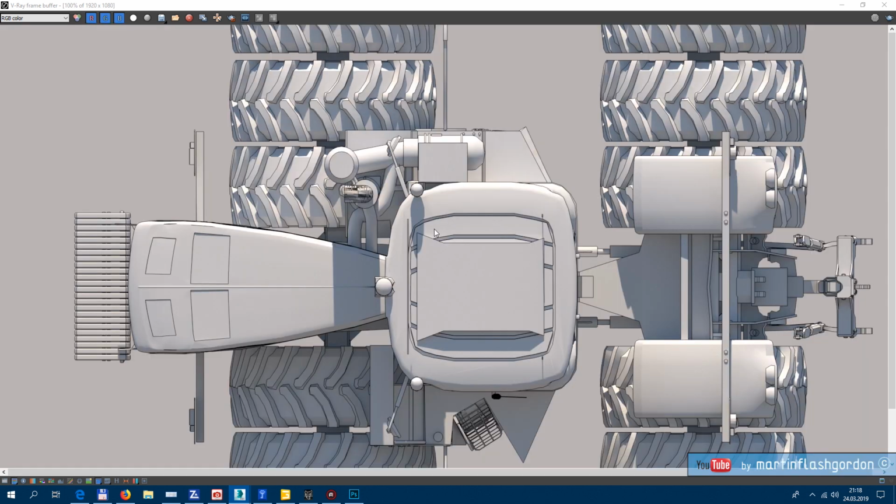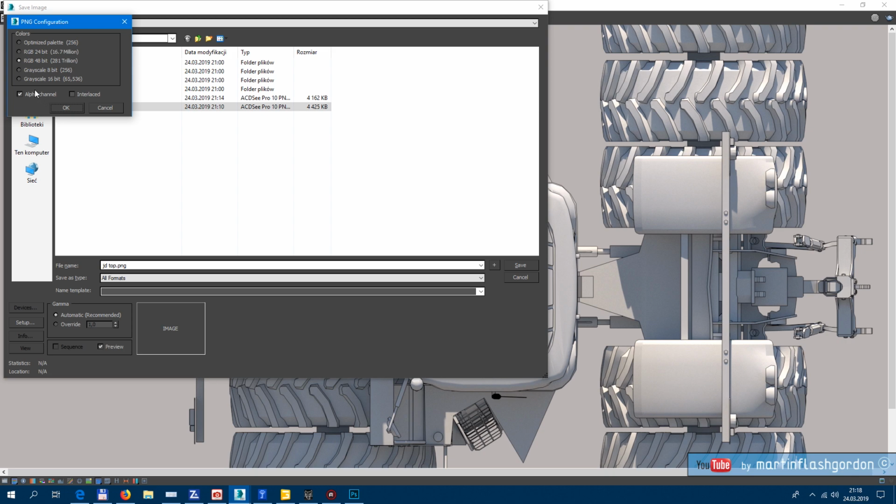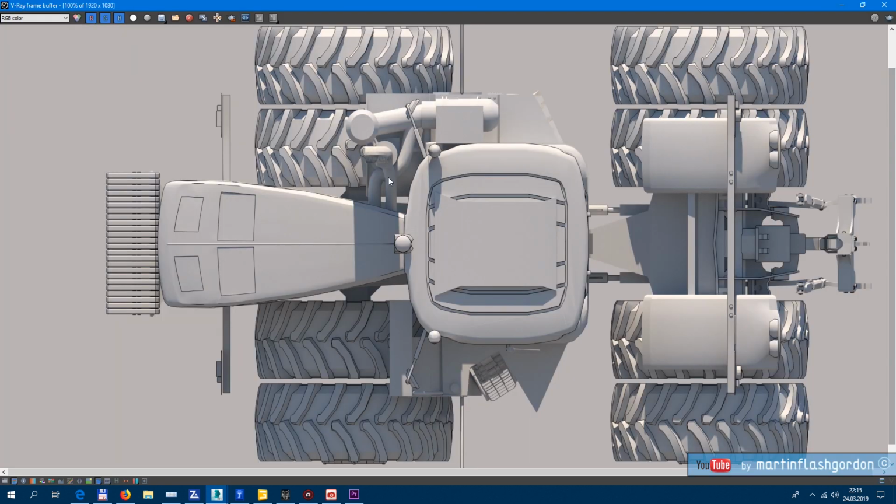Okay, we have the top rendered, save, John Deere top. Top, alpha channel, okay. So we have 3 views. You can make bottom, back, everything, but I will make with 3 views for you. And there's one thing I have forgotten to tell you before first rendering. To get all those nice black lines around, outlines, for every object,